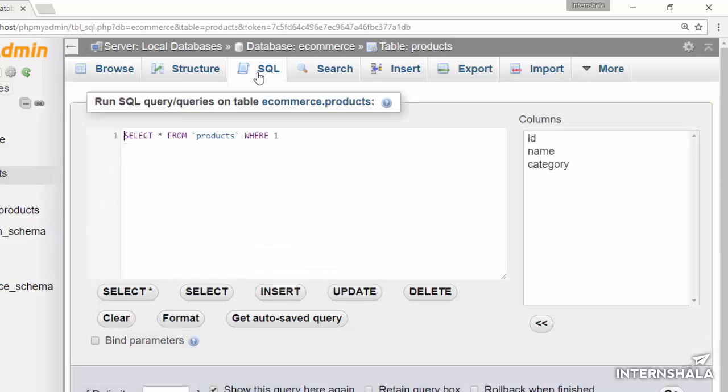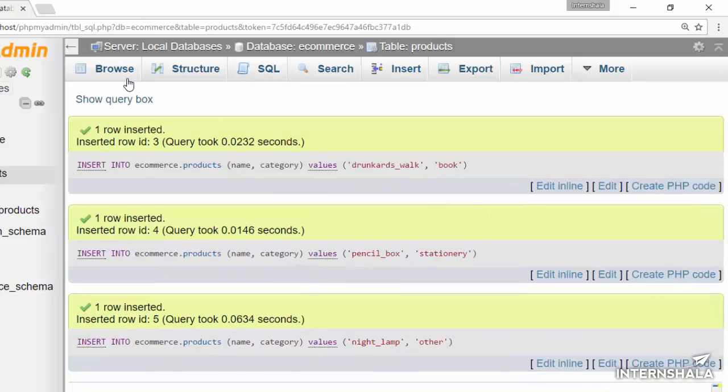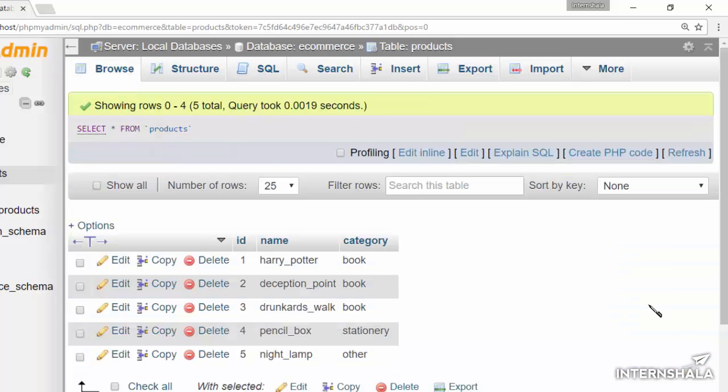Now I want to insert multiple rows in a table in one go. For this, I can simply write the same query n number of times with different data and run the query like this. So, running this one query will insert 3 rows. You can see here that all 3 rows with the mentioned data are successfully inserted. And each row has a unique value of ID. So this is how we insert a row or multiple rows in a table.